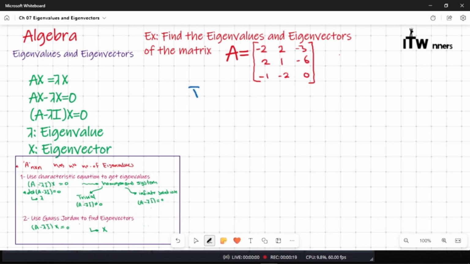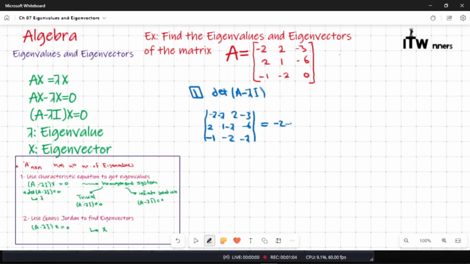Step 1 is to get the determinant of A minus lambda I. Okay, so we have this determinant of negative 2 minus lambda, 2, negative 3, here 2, 1 minus lambda, and here negative 6, here negative 1, negative 2, negative lambda. Okay, this will be equal to